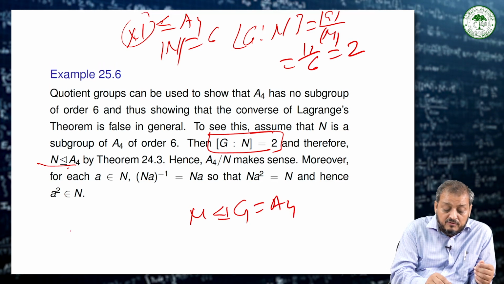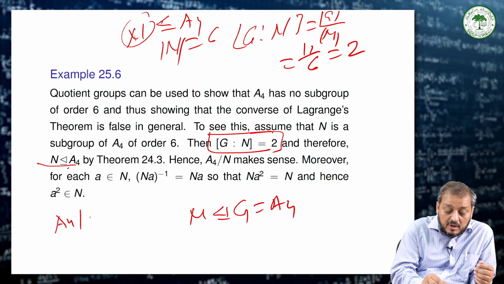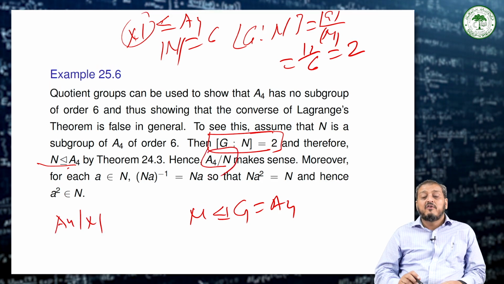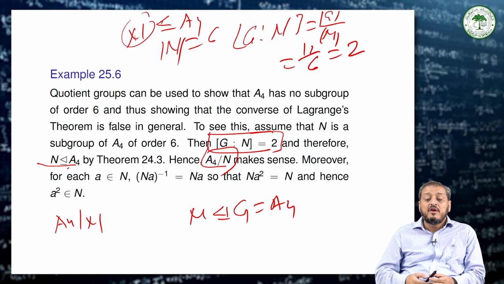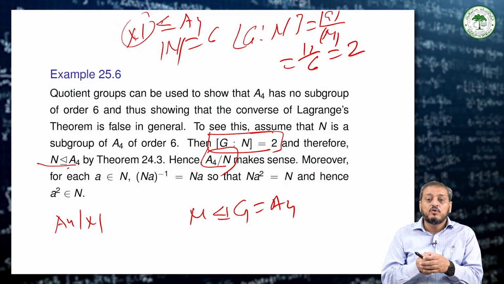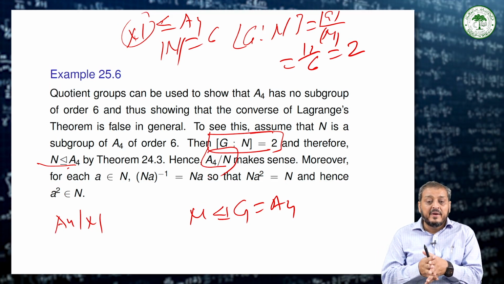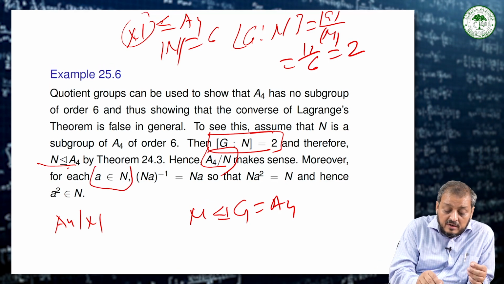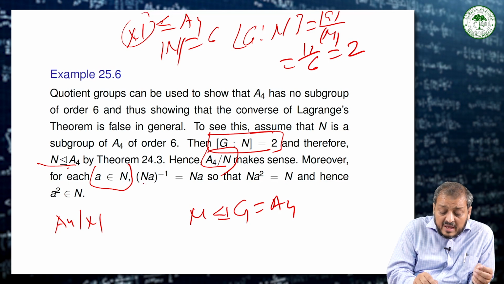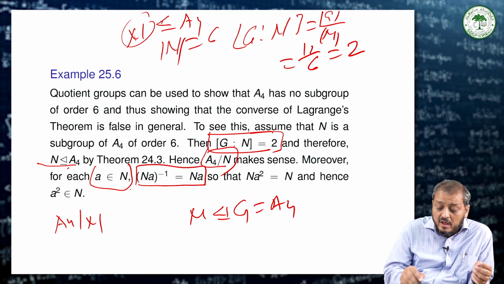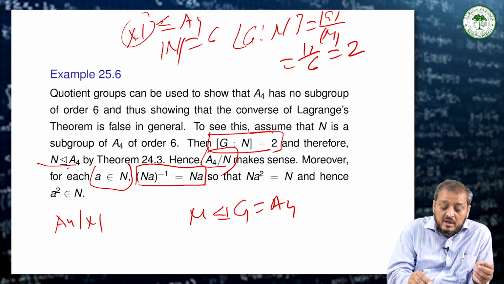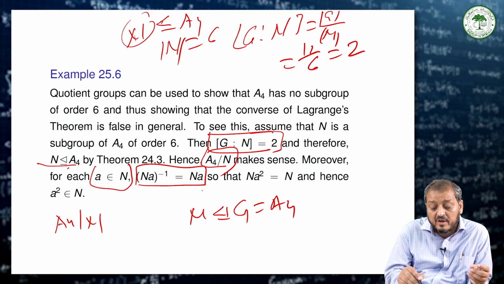And then by the theorem we can say that A4 upon N makes sense. So first we have to define the quotient group A4 by N. Now for each a in A4, N a inverse is equal to N a. So for each a that is an element of A4, a inverse is equal to a,